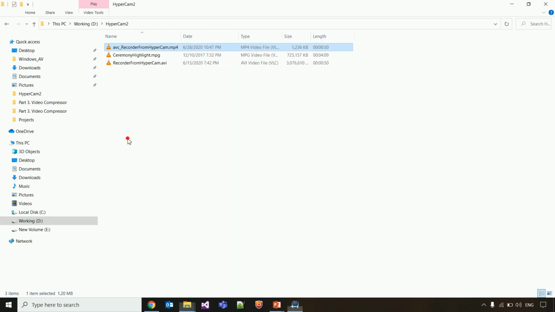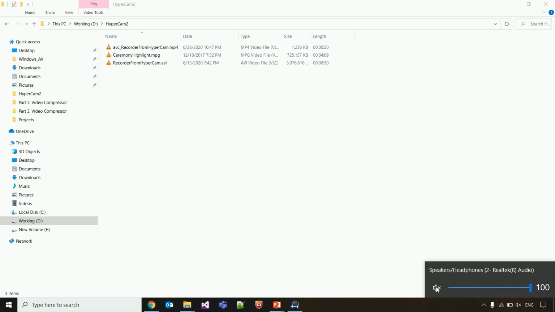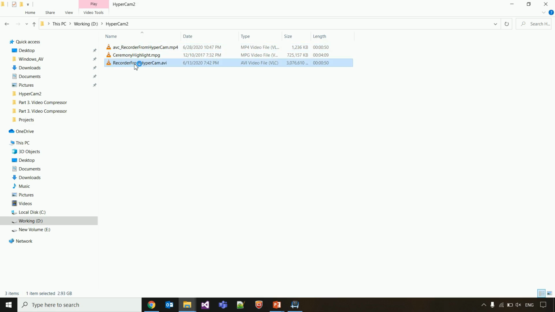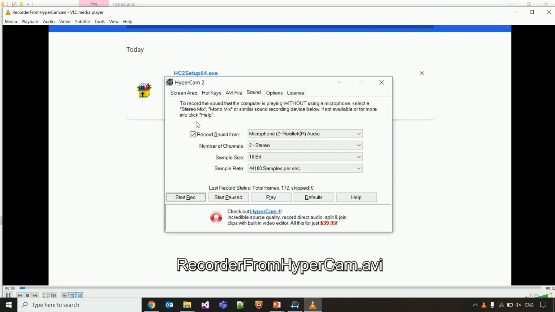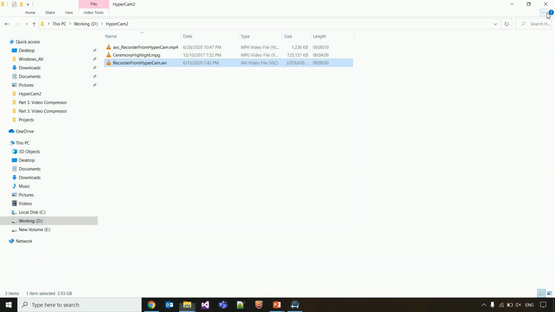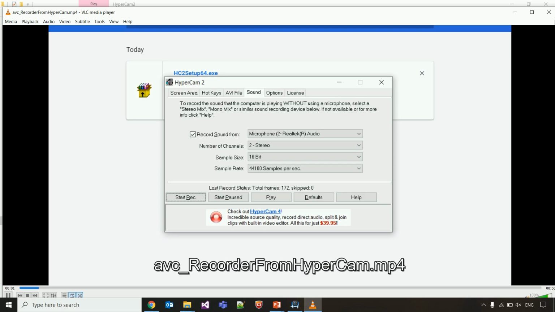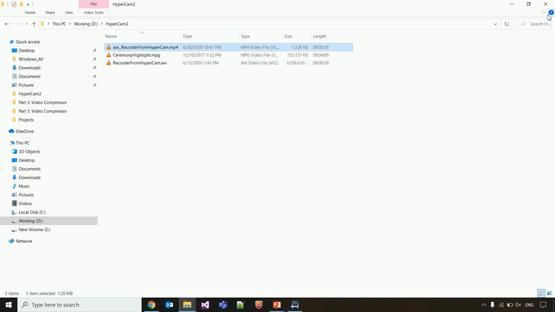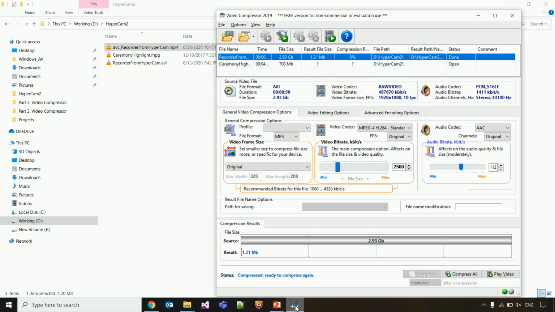Let me mute my video. If I show you the video picture quality, this is the original one. If you look at the picture quality and compare it with this one, it is eventually the same, nothing much has varied. So this is an extremely good compression ratio, and the quality is also good. Whenever we want to upload to Facebook, we don't want the quality to be reduced.